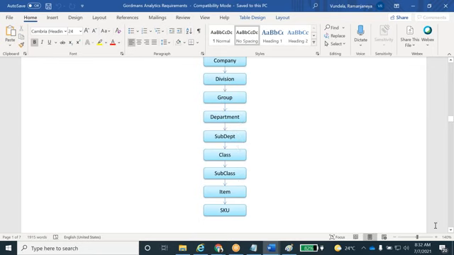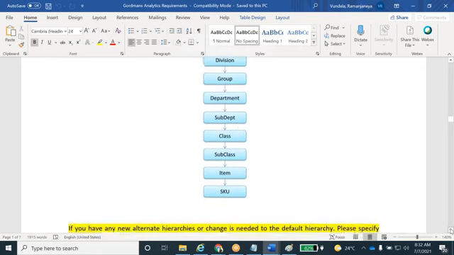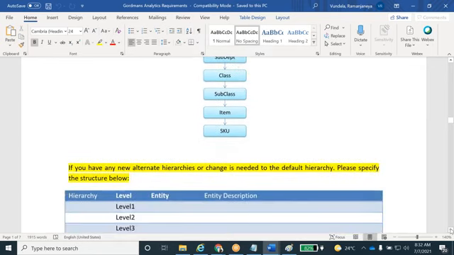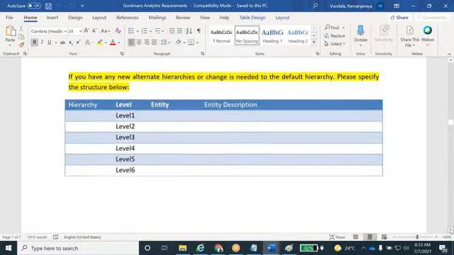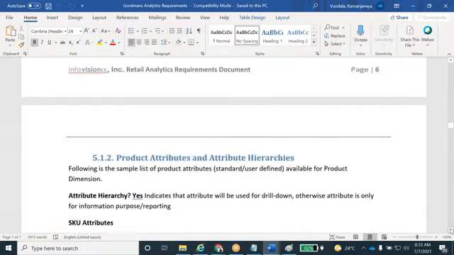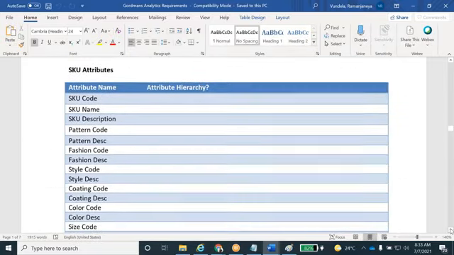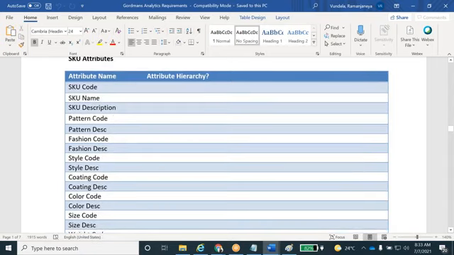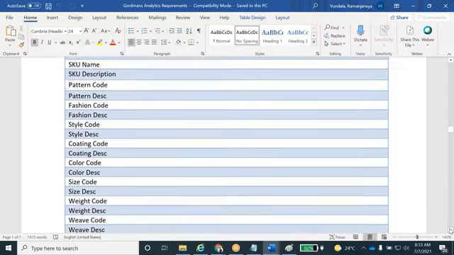I'll show you the location dimension also, how they're going to split it. Where is the location? See the table names and how the column names are there: SKU code, SKU name, SKU description, pattern code, pattern description, fashion code, fashion description, style code. Coding, size, everything they mention here.